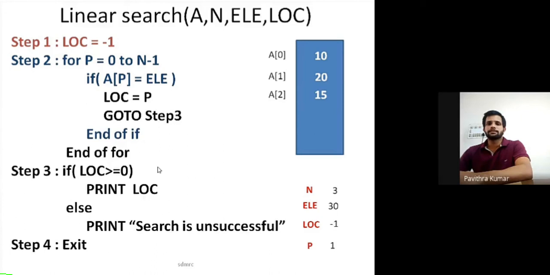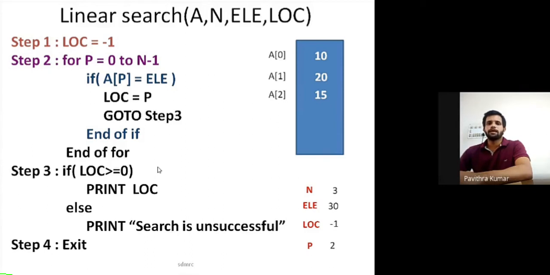Second comparison is done. Later, I am going to change the value of p. I am going to increment the value of p. 1 is changed to 2. Again, 2 is also valid. It can go up to n-1. 2 is equal to n-1. That is valid. I'm getting inside of the for loop.